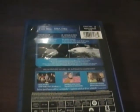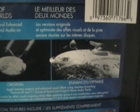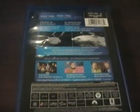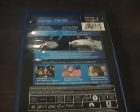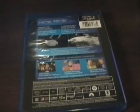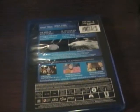And just like I said with Season 1, with these DVDs, for anyone who isn't aware, they have redone all the special effects from the original to the enhanced, so it's all been done in CGI. But both versions, the original and the remastered, are available on these Blu-ray discs, which is different from when Season 1 was released on HD DVD, because it was just the